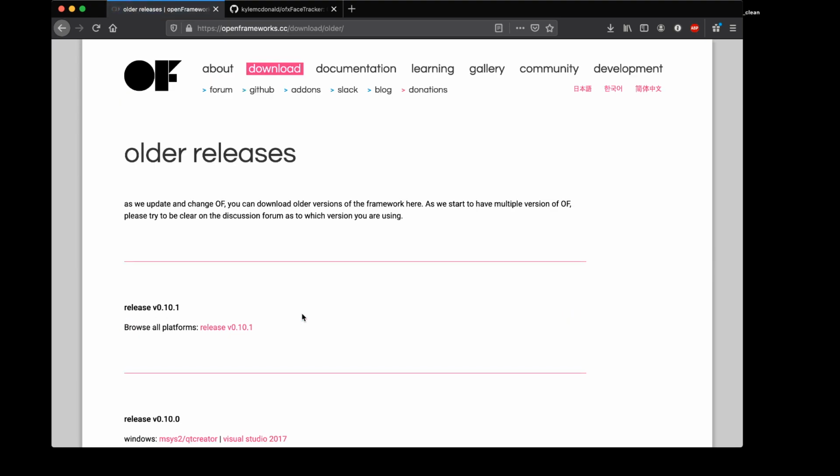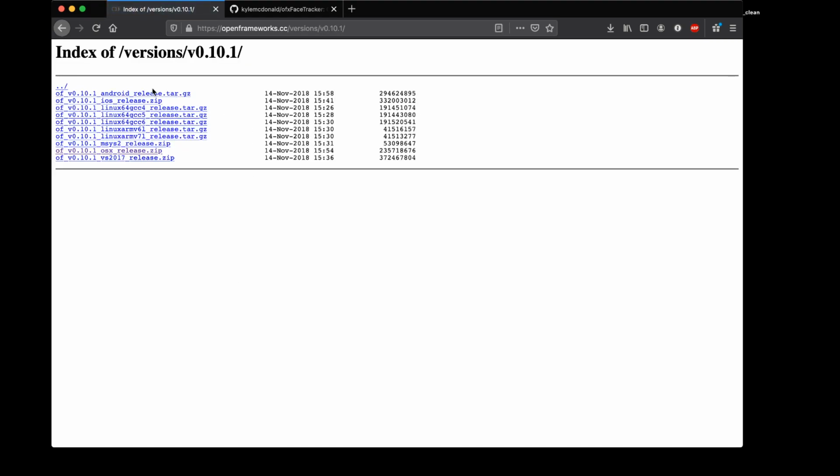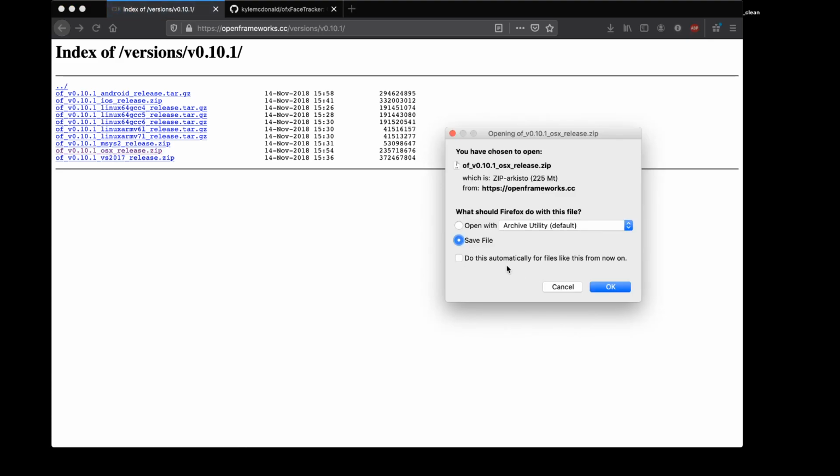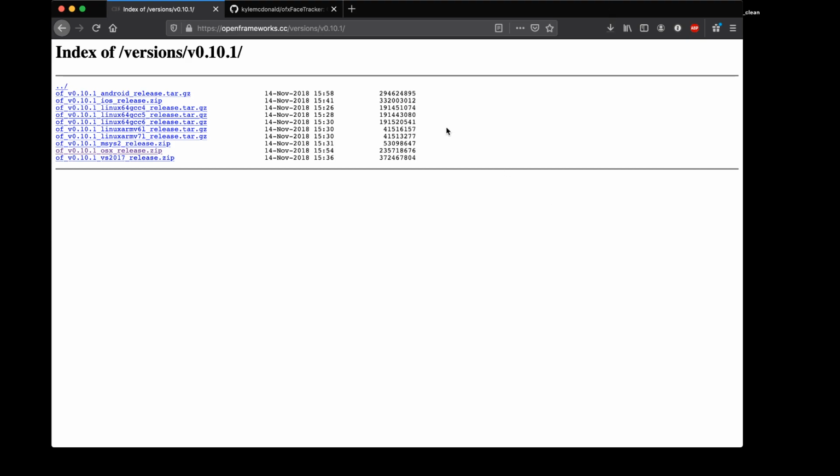Click the link, and what we're going to be using is release 0.10.1. Click the link that's there, which takes you to the folder where you can download for your operating system. So I'm going to download the OS X release of 0.10.1. And while it's downloading, I'll